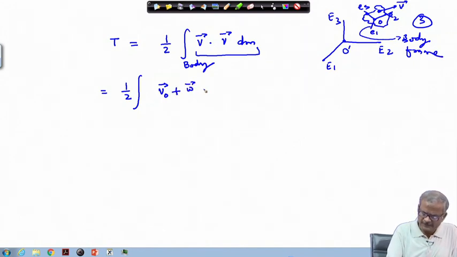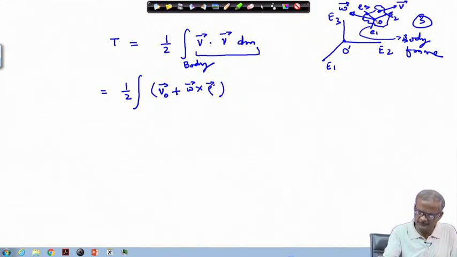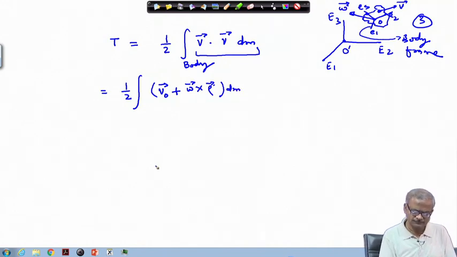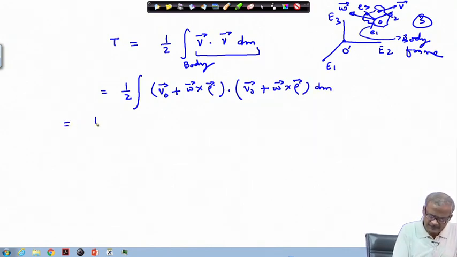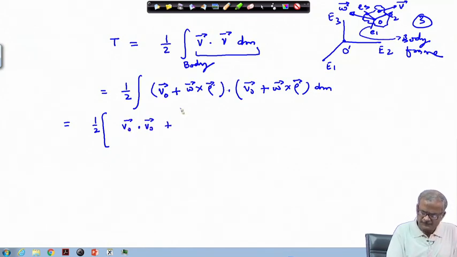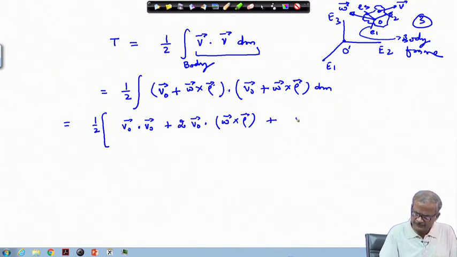So, this is omega, where omega is the angular velocity of this frame, and rho is the position of that particle with respect to this point O. So, we need to take the other term also, and if we expand it, V 0 plus the other term will be V 0 dot omega cross rho times 2 and plus